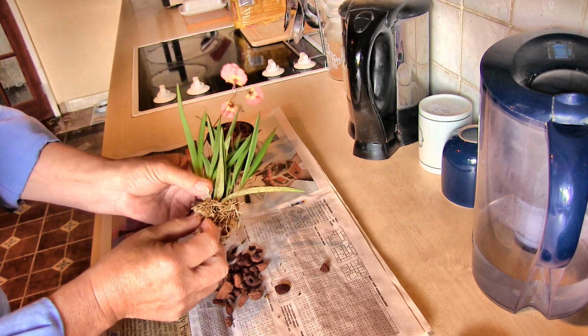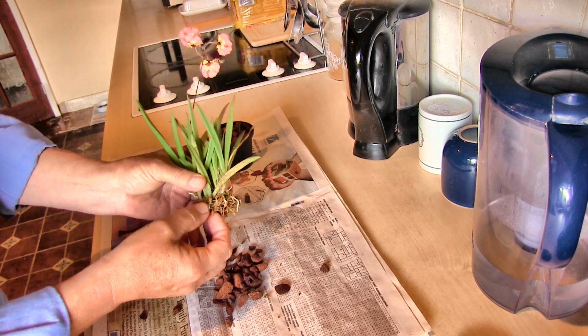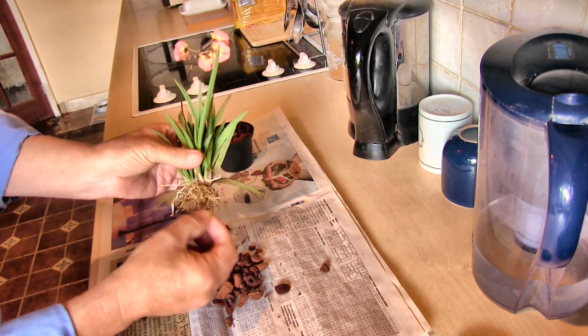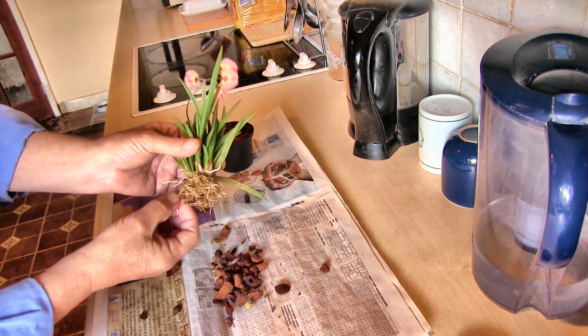And I don't obviously want to set it back. But yeah, I'll give it a rinse. Even though I'm going to put some more moss around the roots, I don't know how old this moss is. I'd rather it had fresh moss, so I'll just give it a rinse. Yeah, I've got some actual root tips,